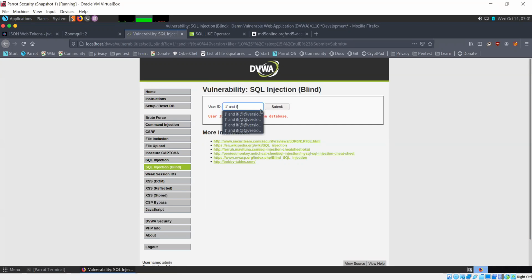And if version like, now let's give it a wrong version on purpose. So 9, sleep 10, and null. Let me just check the command again. Okay, this should be fine.